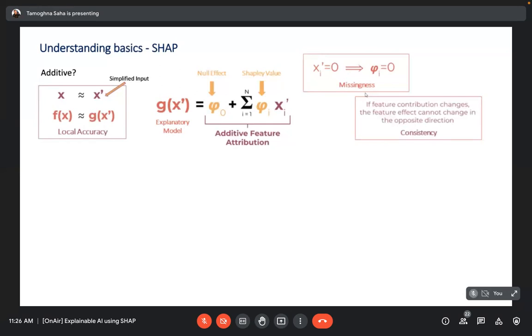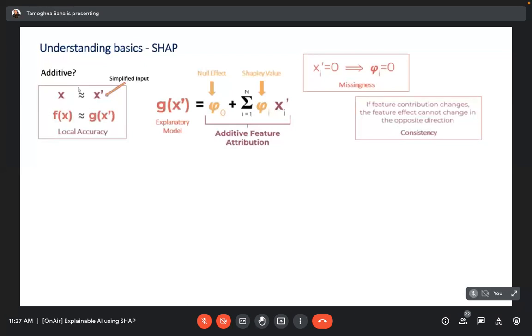Consistency tells us that if a feature contribution changes, then the feature effect cannot change in the opposite direction. So if a particular value of x or a column changes in the original model, then in the explanatory model it cannot go in the negative direction. If it increases in the actual model, in the explanatory model it should also increase. Okay, so this is what the additive functionality represents from the SHAP perspective.